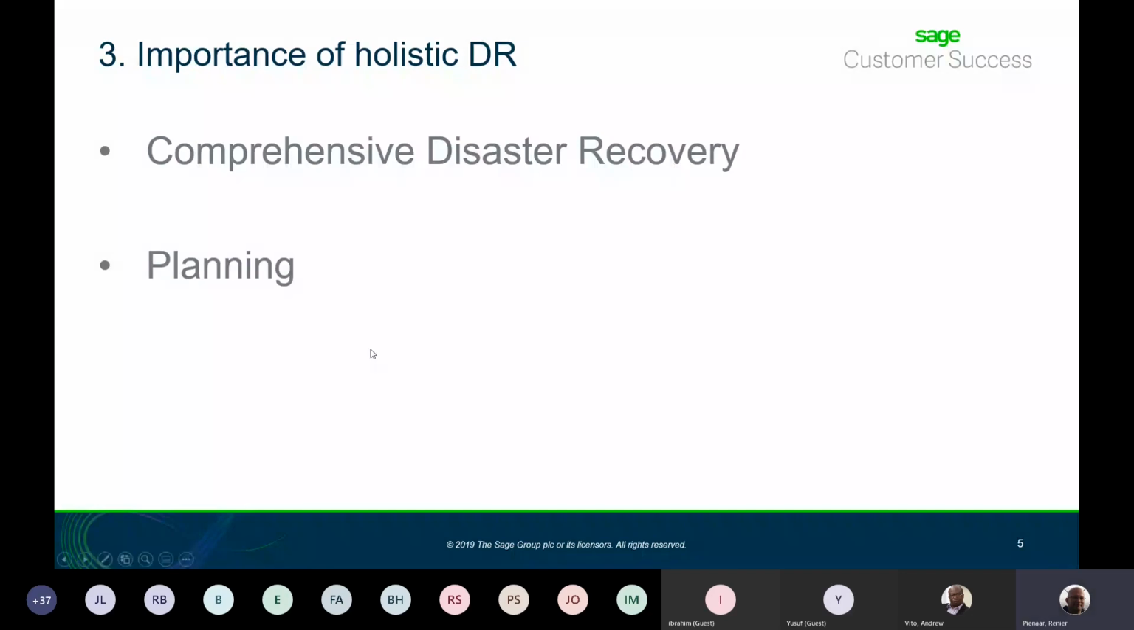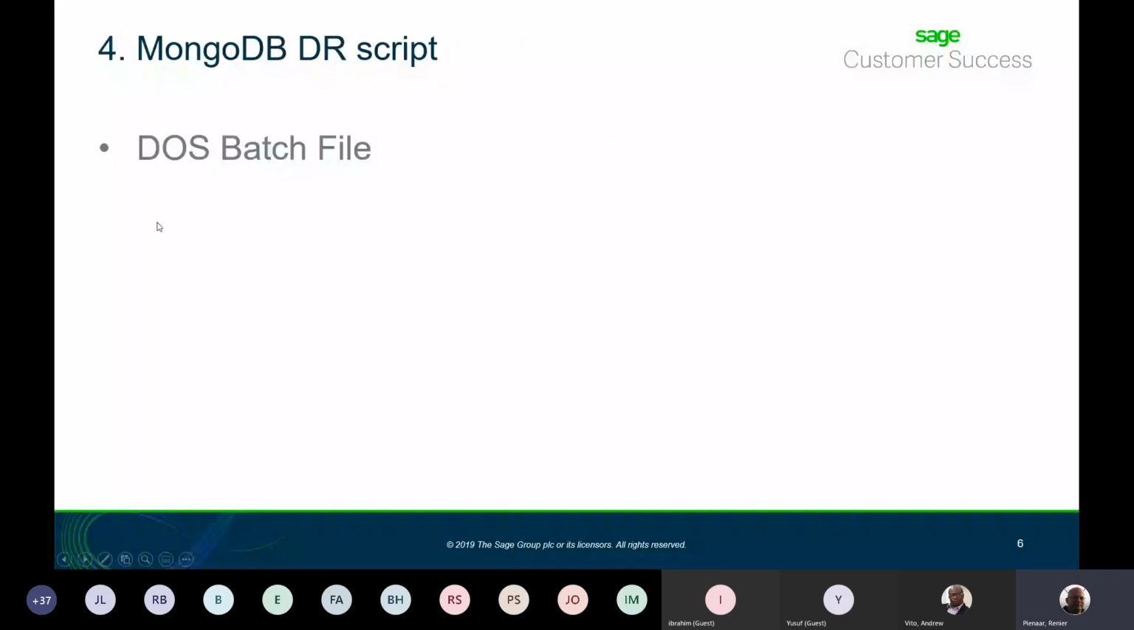Okay, we have a simple script that we've developed. It's basically a DOS batch file, and we'll review this on a VM image that we'll use as a staging area for this disaster recovery. Okay, so we'll now illustrate a MongoDB DR incident, which involves a hypothetical virus, which was kind enough